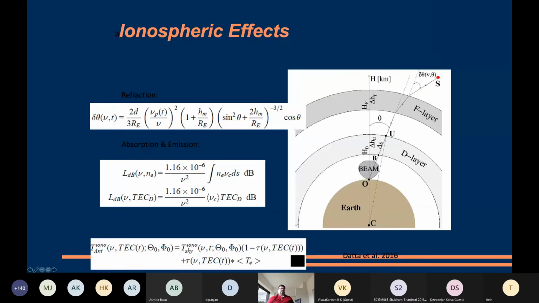It has different effects which will come in a second. In the broader sense, it causes refraction. So it actually appears like a convex lens. So at a particular frequency, you're seeing more of the sky than this. And it also attenuates signal, and completely attenuates below some frequency like the plasma cutoff frequency, which is typically around 10 megahertz. So if you're doing science below 10 megahertz, you cannot do it from the ground. You have to do it from space.